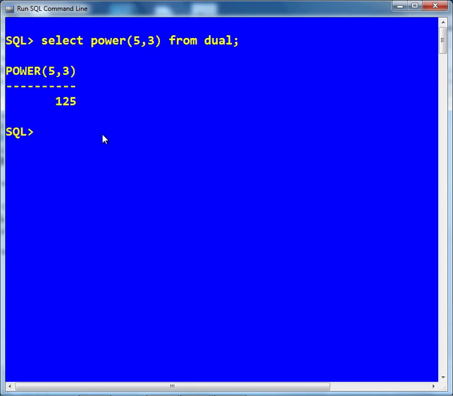Here we can see 125, 5 to the power 3 is 125. SQRT we have seen, absolute we have seen, sign we have seen.